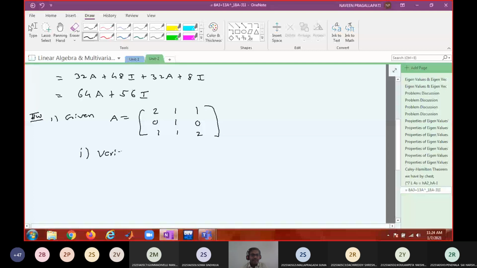Okay, so first question, verify Cayley-Hamilton theorem. Second question, compute A inverse using Cayley-Hamilton theorem. Third one,